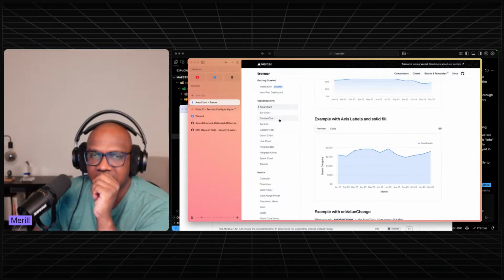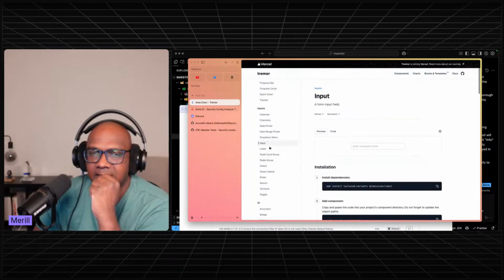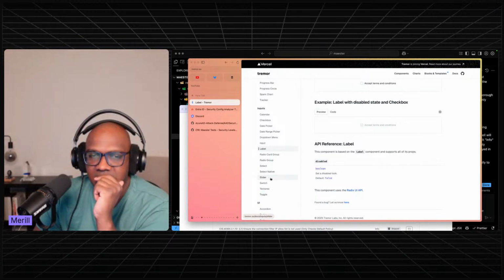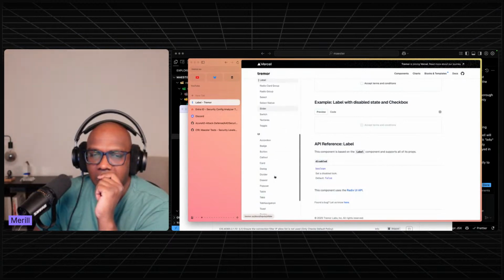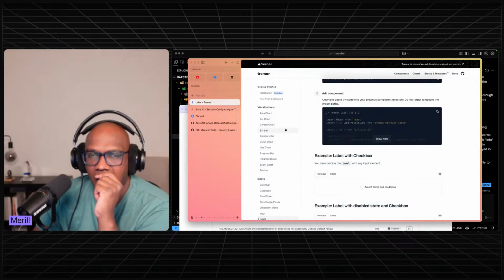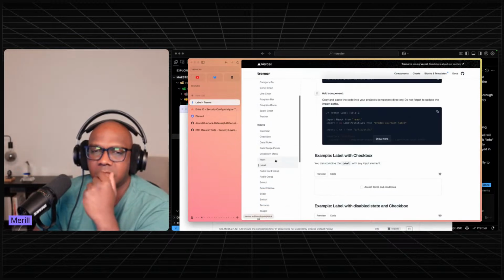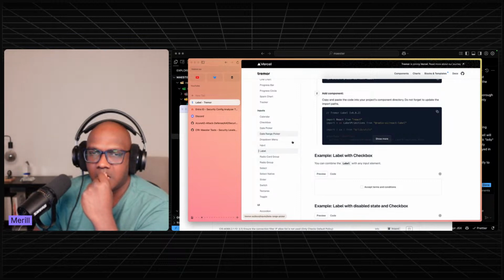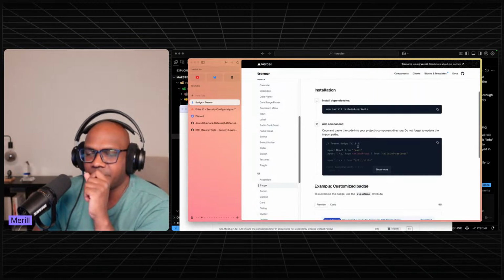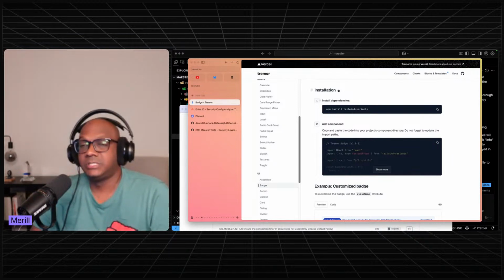What we need is another type of label. Not a label, what are those called? Inputs. Badge, yeah, it's called a badge, right? So use a badge